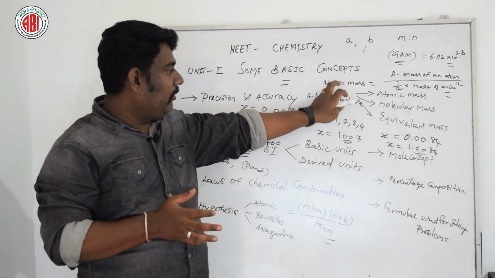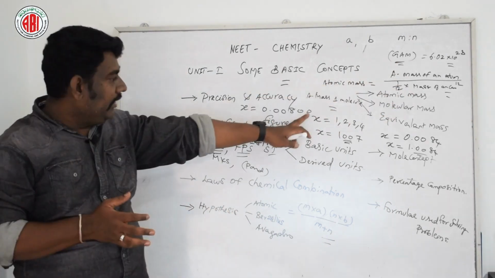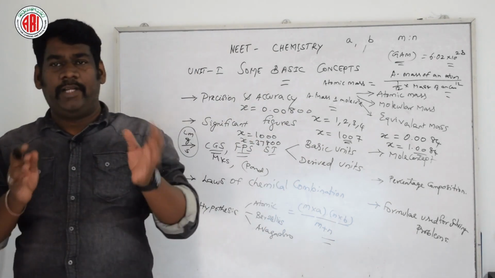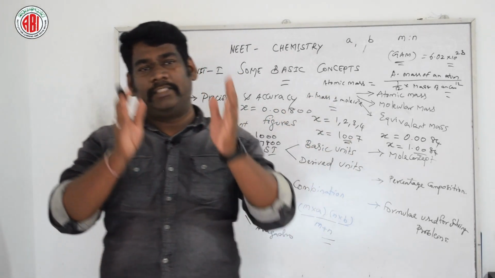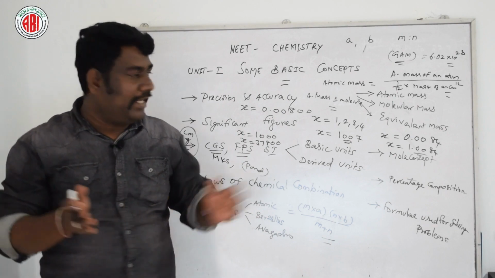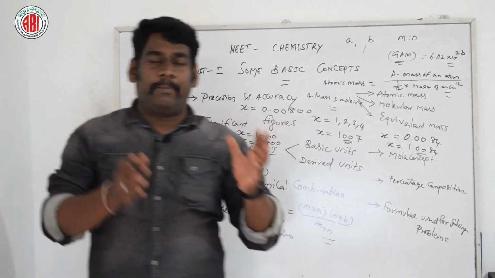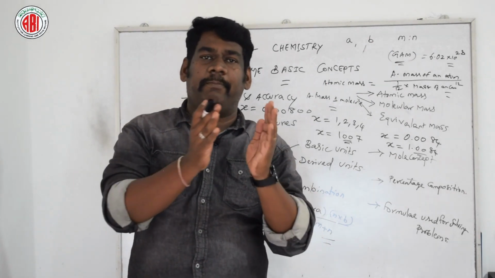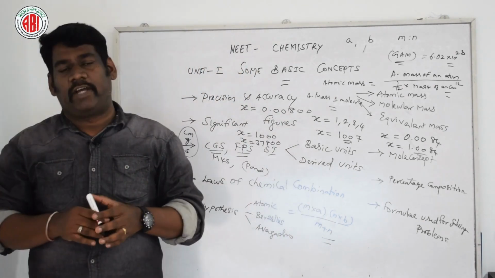Similarly, as we discussed atomic mass and gram atomic mass, likewise in molecular mass we discuss gram molecular mass. Gram molecular mass is when we express molecular mass in gram. The molecular mass of an element or compound expressed in gram is said to be gram molecular mass, like gram atomic mass. And the mass of the substance given in gram is equal to number of gram molecules into gram molecular mass. We use this formula.